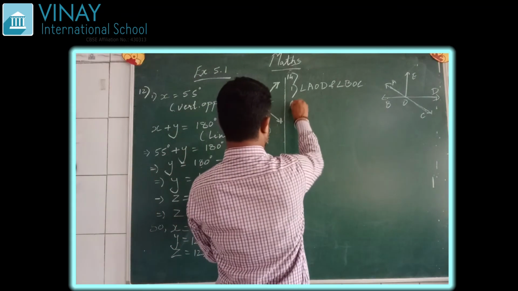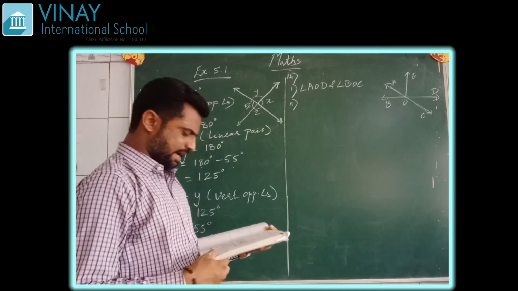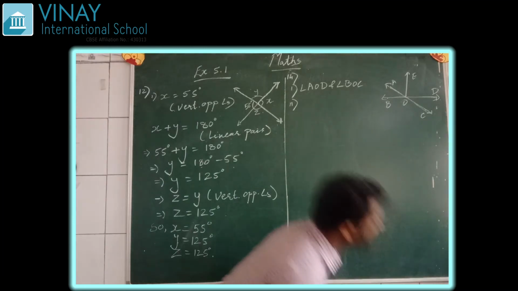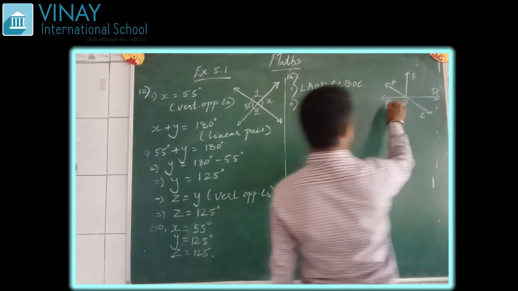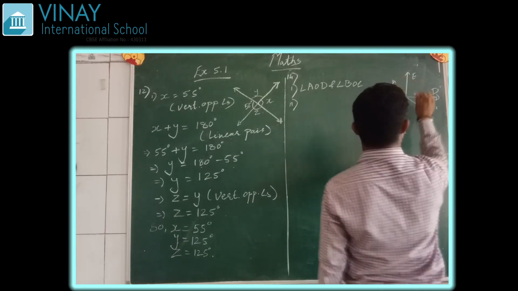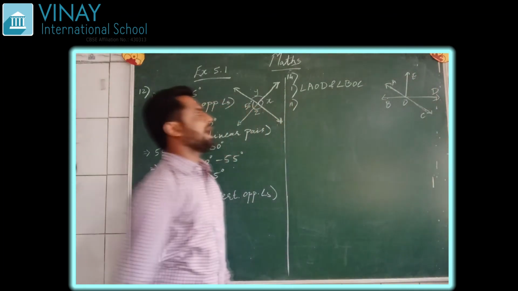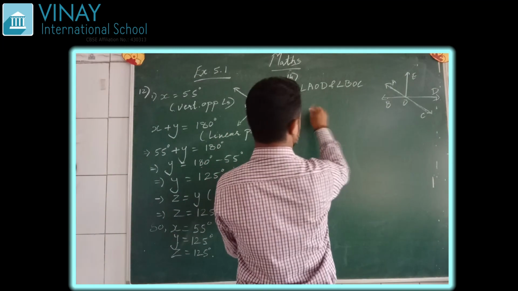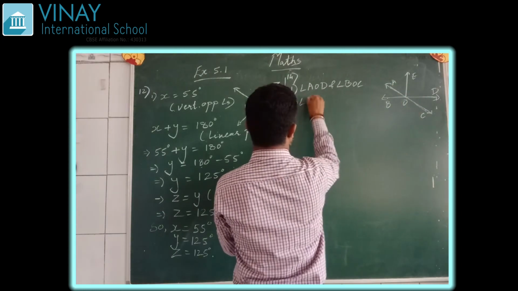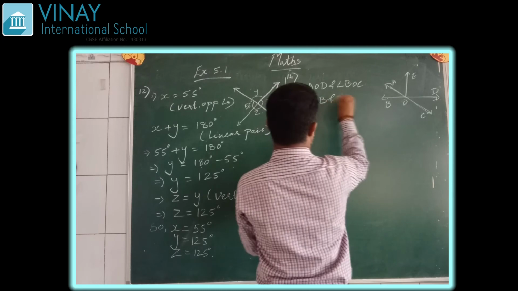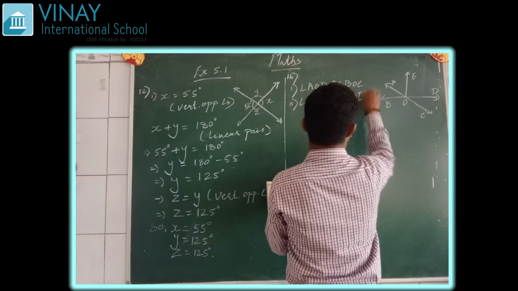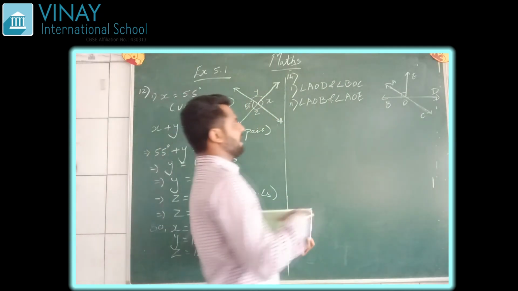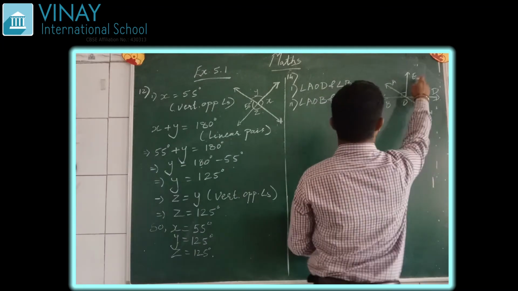Now second is adjacent complementary angle. Now we have to find out in such a way that it should be adjacent also and it should be complementary also. So if we see angle BOA and angle AOE, they both are adjacent also and they both are complementary also. So that will be angle AOB and angle AOE. As these both are complementary, if we add this, it will be 90 degree. As it is right angle, so angle AOB and angle AOE.